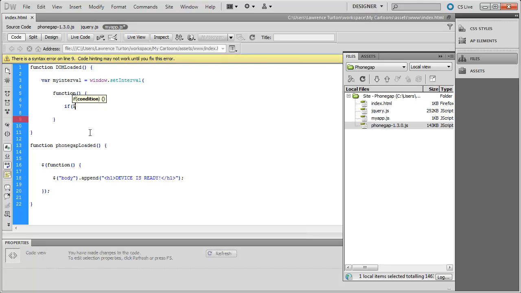So if Phonegap, with a capital P and a capital G, dot available, whoops, spelled that a little bit wrong, and then I want to end the bracket. So that is the condition of the if statement. So if Phonegap is available,